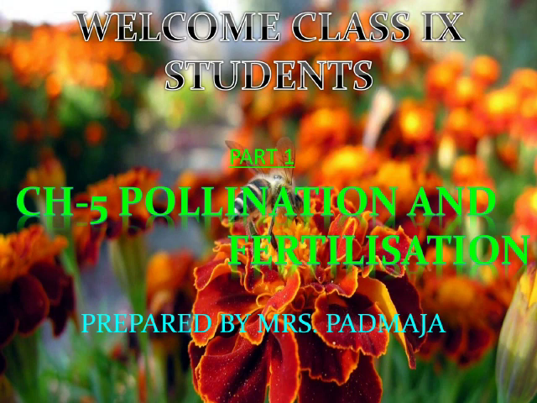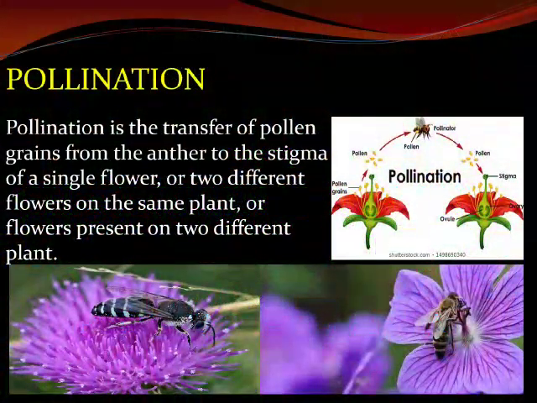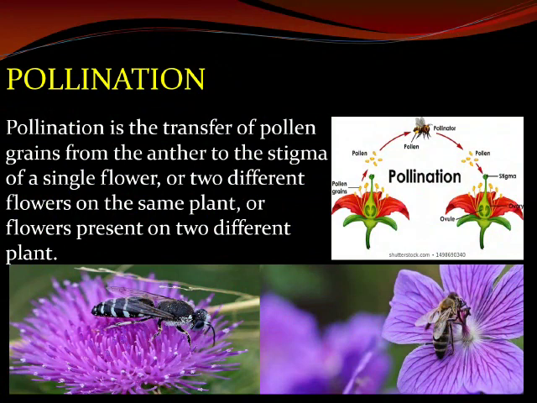Today we are going to start with a new chapter, that is pollination and fertilization. This is from the flower chapter, continuation of the flower chapter. Now pay attention. Pollination is the transfer of pollen grains from the anther to the stigma of the same flower or two different